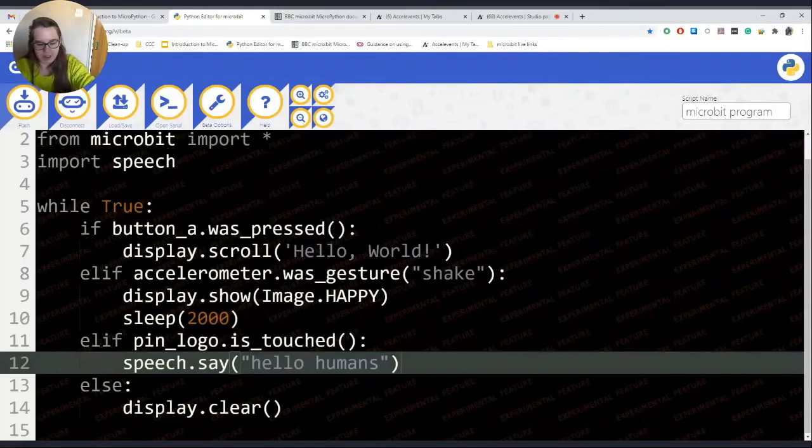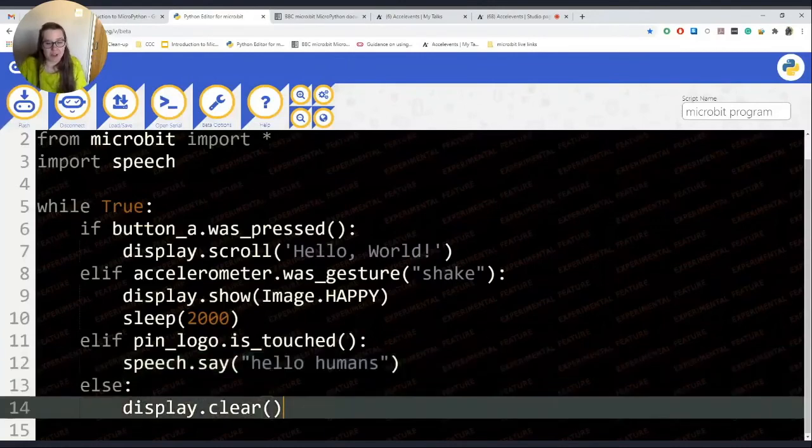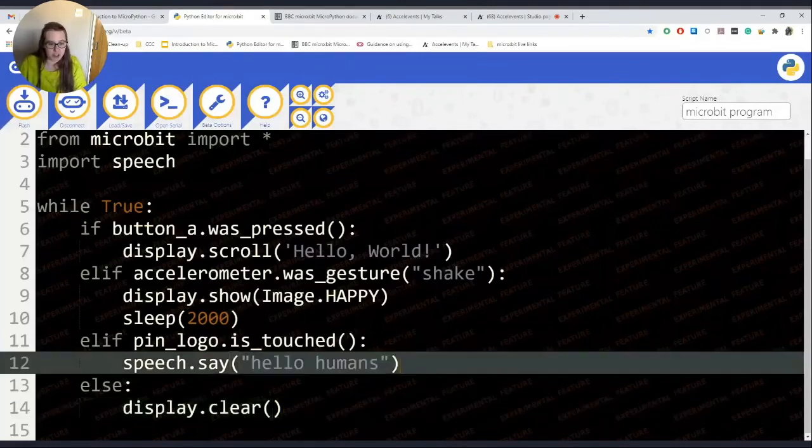And I'm going to touch... so you probably can't hear that, I'm very sorry, but do try it on your own microbits. This will work on version 1 and version 2, and it's just really, really fun. And you can expand this line of code to change the pitch and all sorts of things.